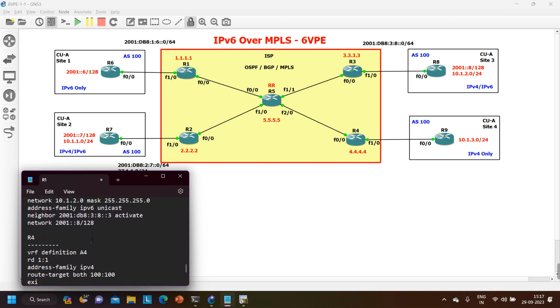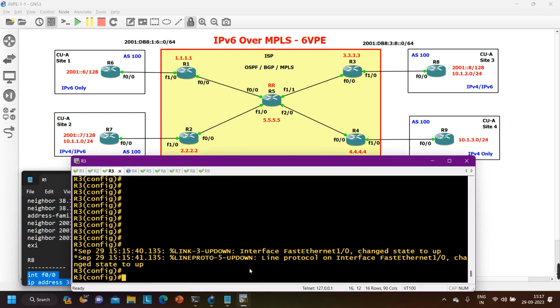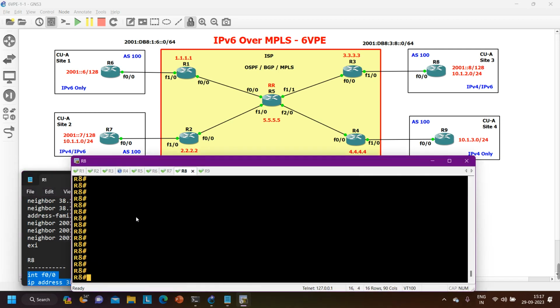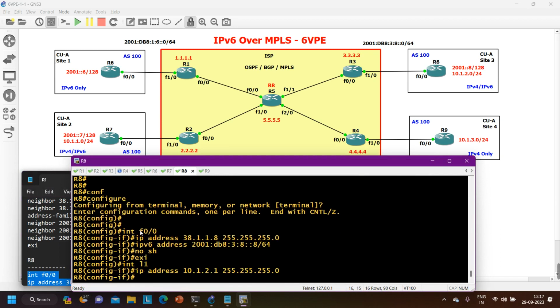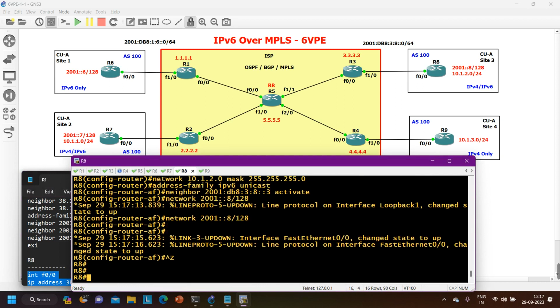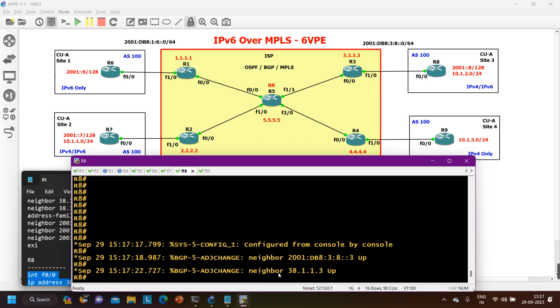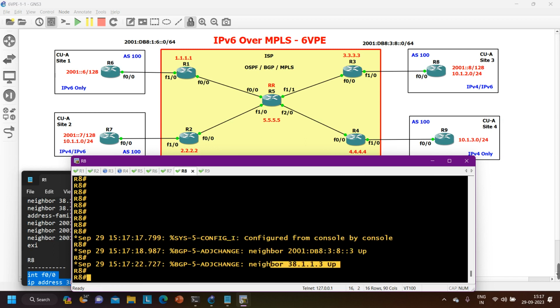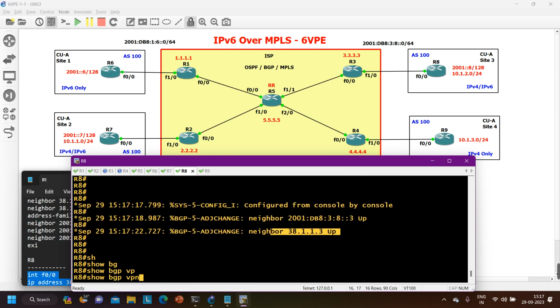2001:8. So now let me copy this part of configuration here, router number 8 configuration, and let me paste it on R8. Okay, now we are again expecting one BGP neighborship for IPv4 and one BGP neighborship for IPv6. You can see, right? And now here if you check the BGP table,